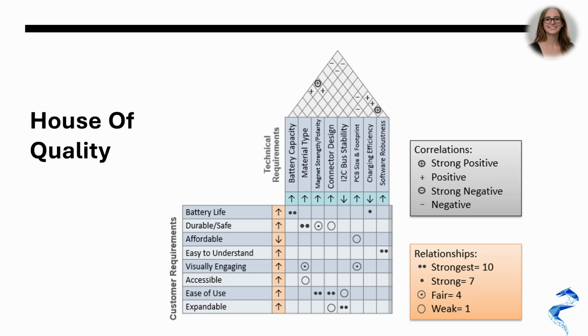At the top of the triangle, we show how these technical features interact with each other, whether improving one helps or hurts another. This helped us identify trade-offs early on, like balancing performance with cost. Overall, this tool guided our design decisions and made sure we were always building toward what actually mattered to the